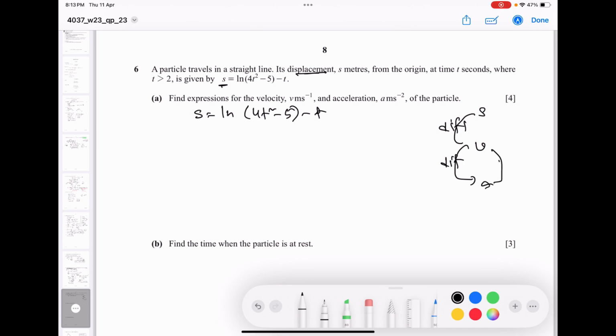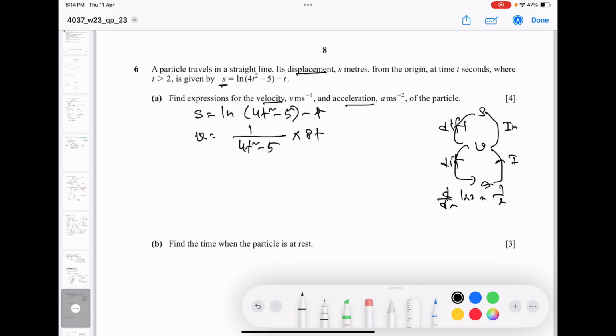And in the reverse process, if a is integrated we get velocity, and if velocity is integrated we get displacement. Another thing, d by dx of ln x equals 1 by x, and we must apply the chain rule if necessary. So ds by dt, that is velocity, equals 8t divided by 4t square minus 5,